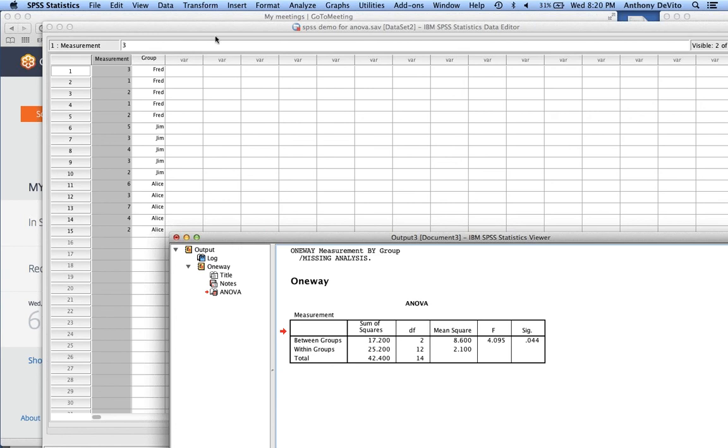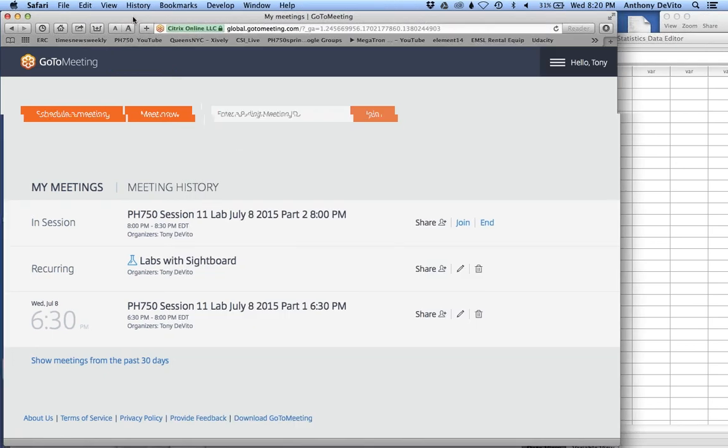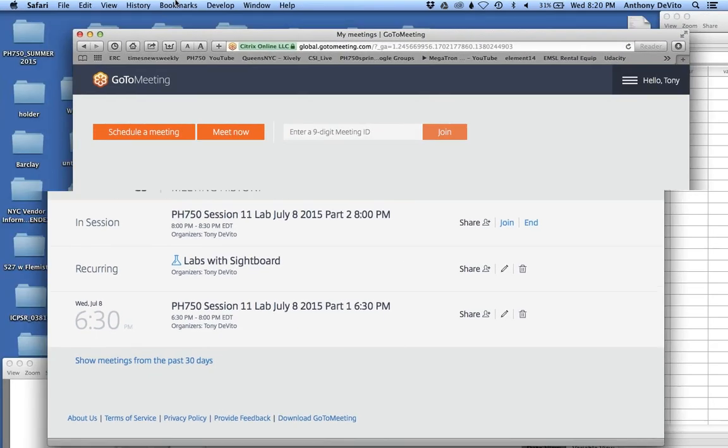Now, the reason I'm doing this test this way is that it is going to force you to focus on when and how you apply a t-test, when and how you apply a chi-square or odds ratio, and when and how you apply analysis of variance. Why is that important? Well, the reason it's important is that if I go into Blackboard now,